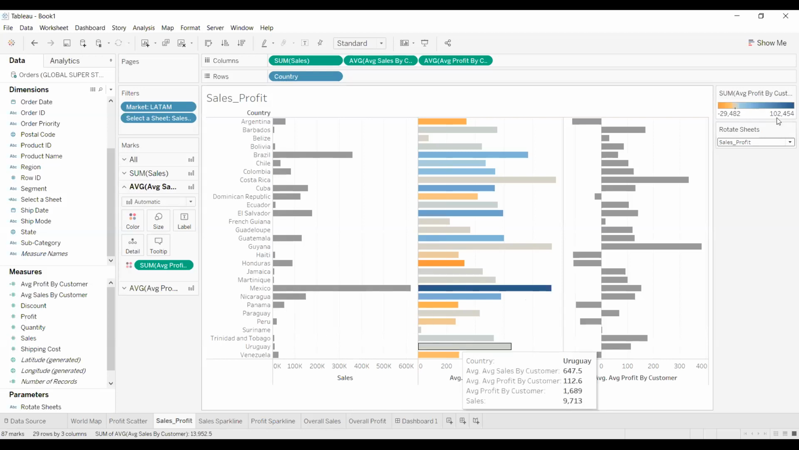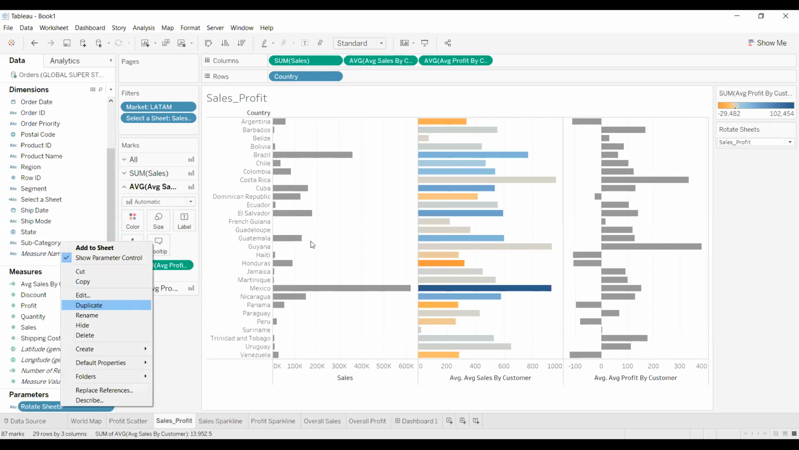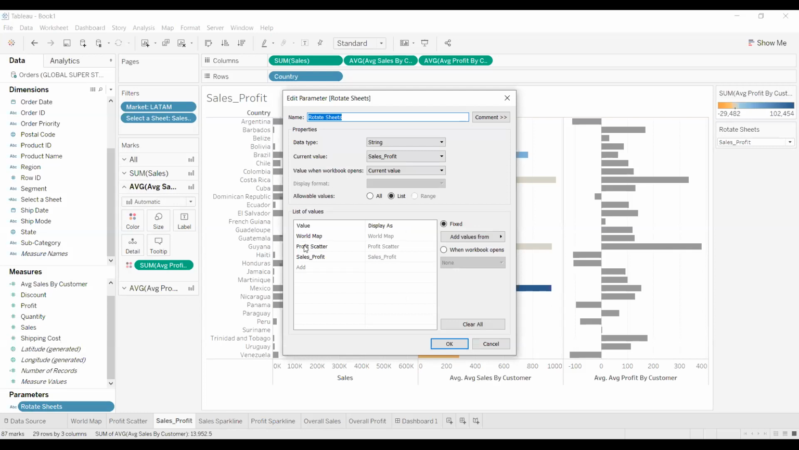So how we have achieved this is, first we have created a parameter. So this is the parameter. This parameter has three string values, which are the names of the sheets: world map, we have profit scatter, this sheet, and we have the sales profit, this sheet. So we have got these three values here. And